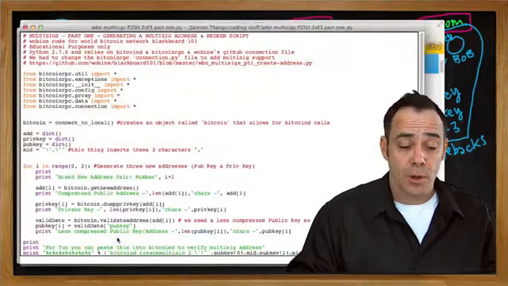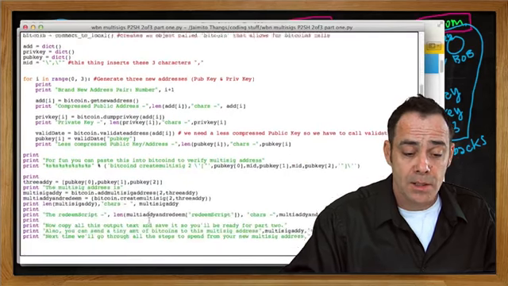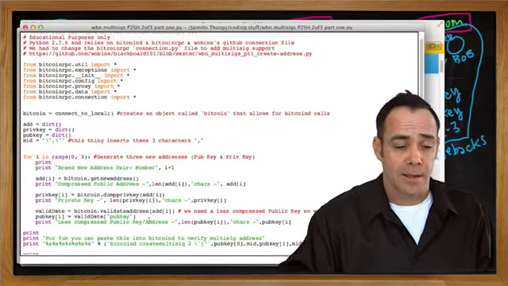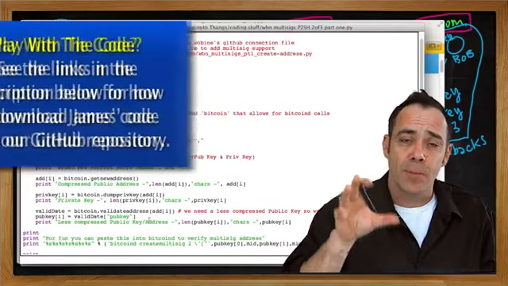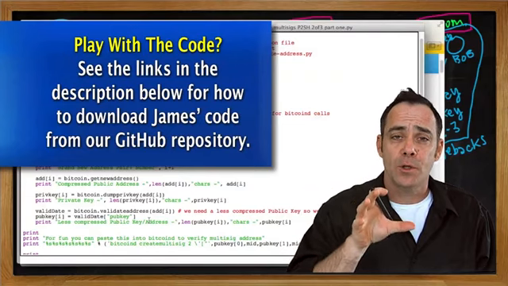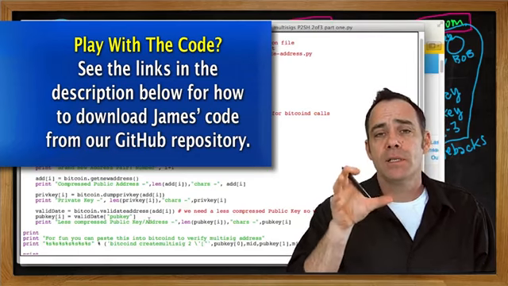So here I've got some code which I'll post onto GitHub that generates a multi-sig address from 3 brand new addresses on your Bitcoin D client. But the addresses can be from anywhere. They can be old addresses, okay? So as long as you have the private key to an address, you can add that address into a multi-sig